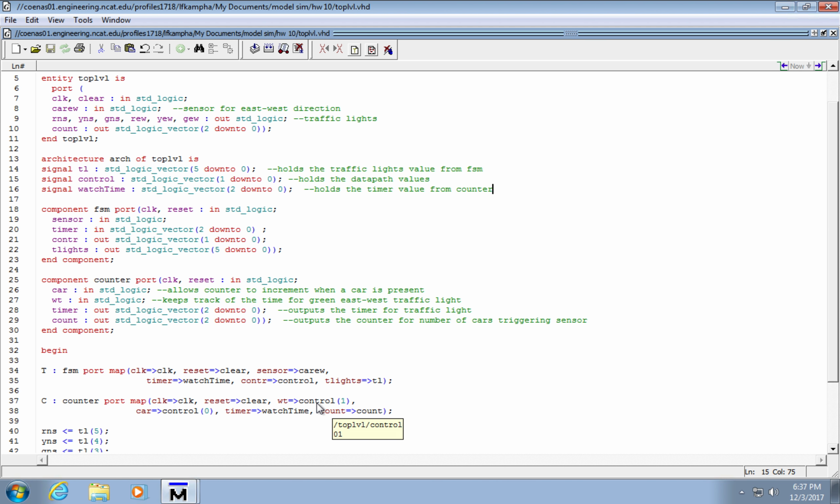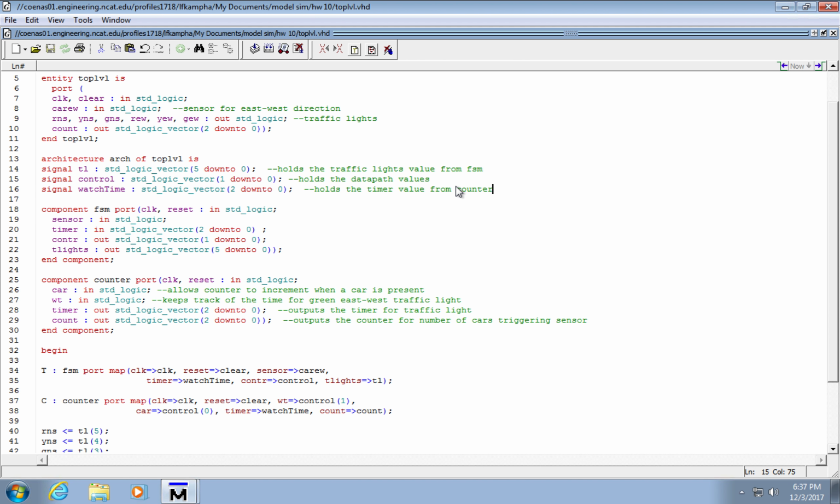WT is tied to control 1, because my control is 2 bits, WT correlates to the most significant bit of the control signal, and CAR is tied to control 0, which is the least significant bit of my control signal, which is the reason why I made the signal control a vector that's 2 bits wide,